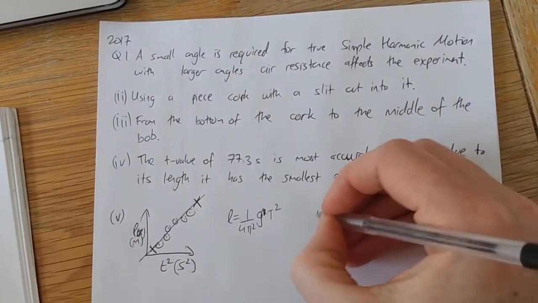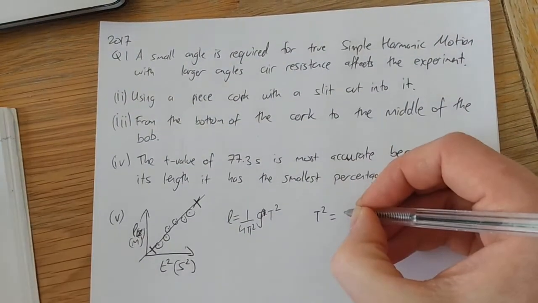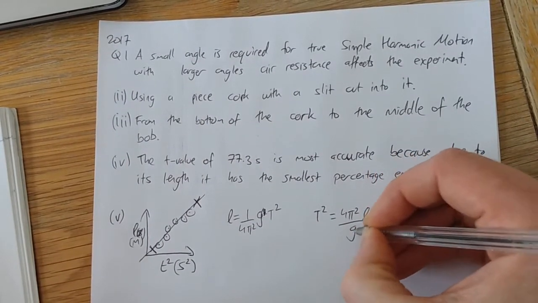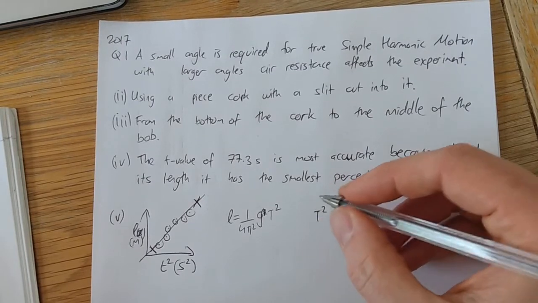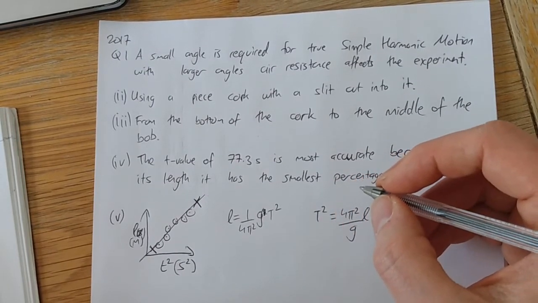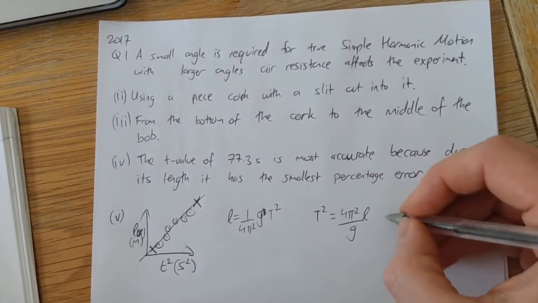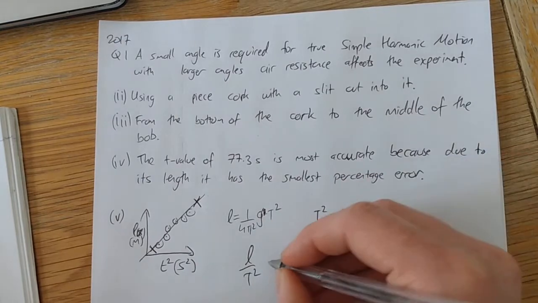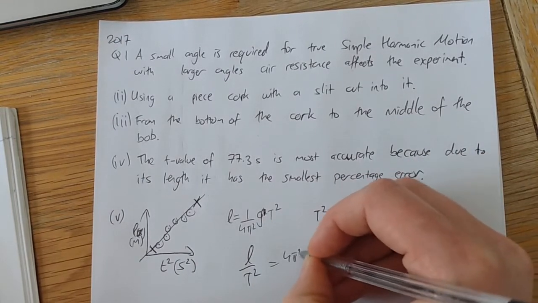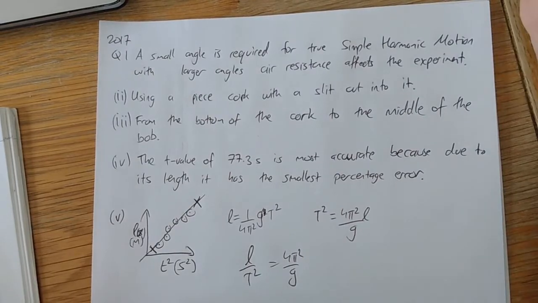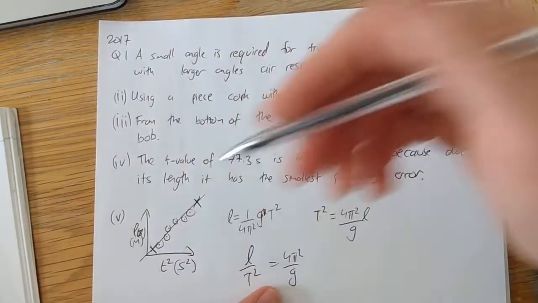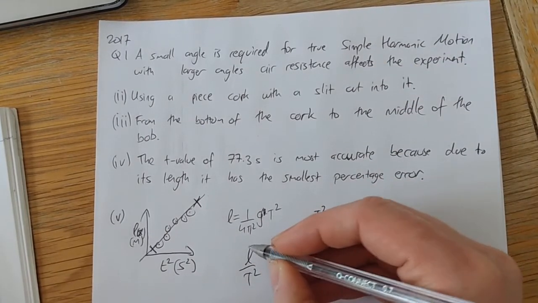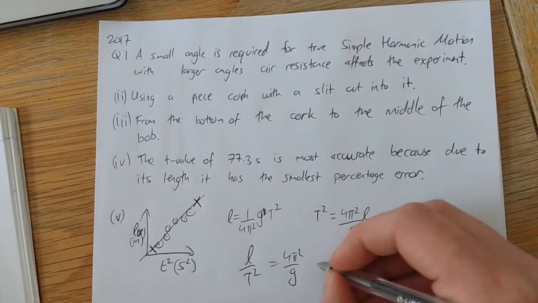Substitute into the formula, t squared is equal to 4 pi squared L over g. Yeah, that was right. Okay, so the way I've drawn my graph, I want L over t squared. So L over t squared is g over 4 pi squared. Whatever you get for your slope, oh, I should have done t squared over L. Anyway, it doesn't matter. Whatever you get for your slope, you are going to, in my case,